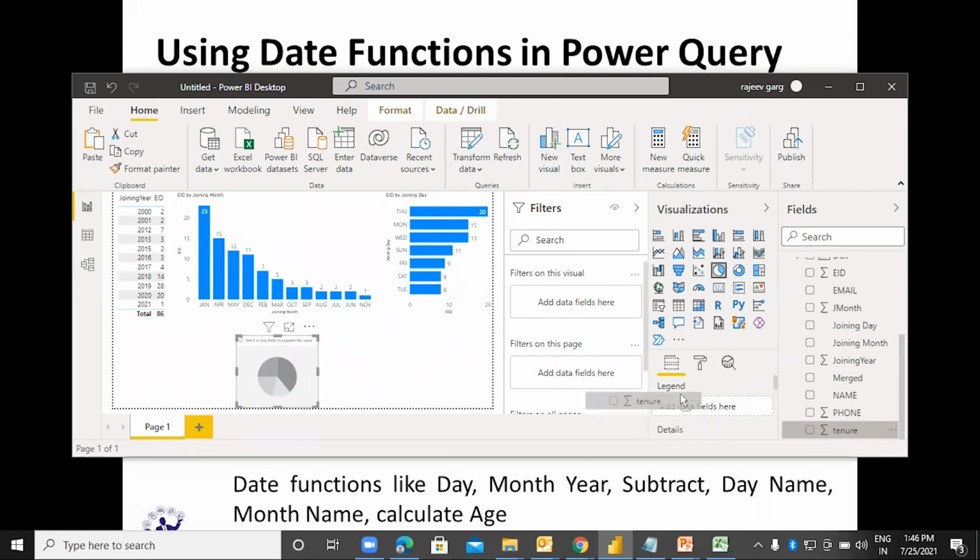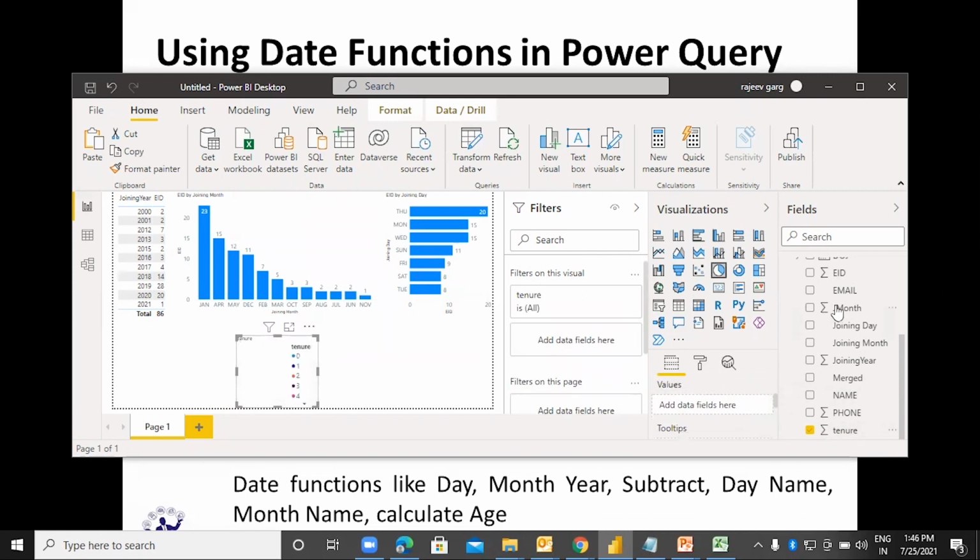Let's take tenure into the legend and count of employee ID into the values.